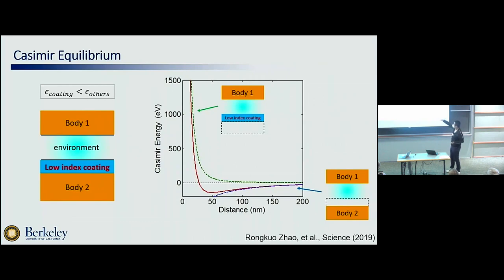Okay, so when body 1 is very far from the whole substrate, then it views the low index coating and body 2 as a whole structure. And because the low index coating has a pretty low index, it doesn't have much effect. So when they are separated far away from each other, body 1 still sees a whole structure, and it sees body 2 more. So the force is more attractive. But